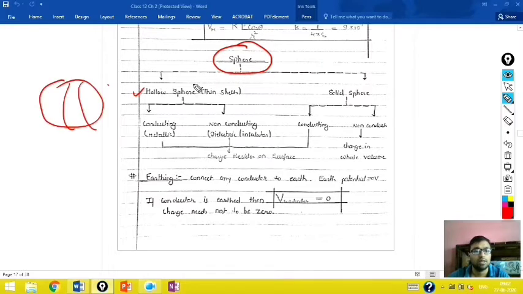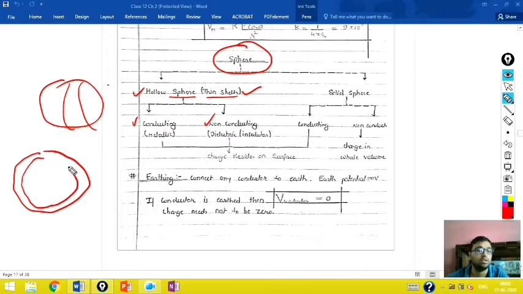So we may call the first type of sphere a hollow sphere. Okay, and all these are also called thin shells. And after that, hollow spheres are further divided into conducting and non-conducting. Means the first category will be like a thin shell, and in a thin shell there is material only in the outer region. Inside there is no material present, and this material about which we are talking may be a metal, or it may be an insulator.